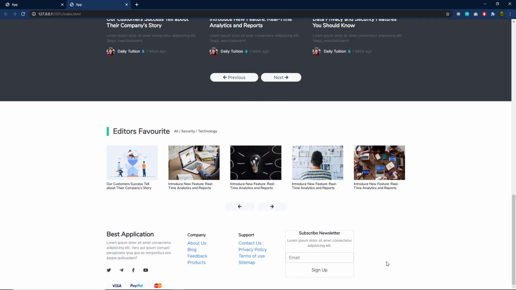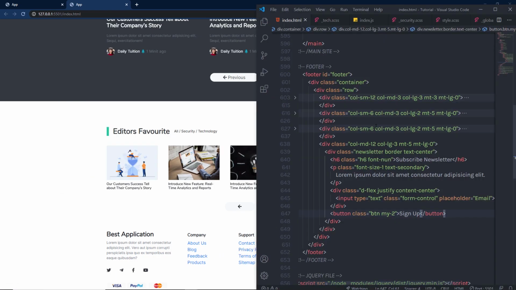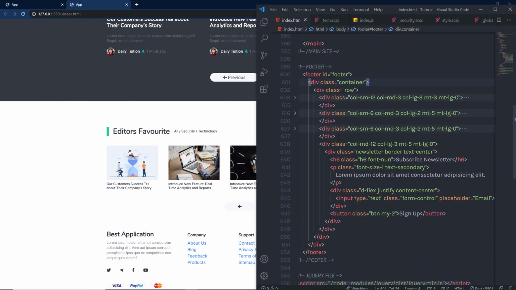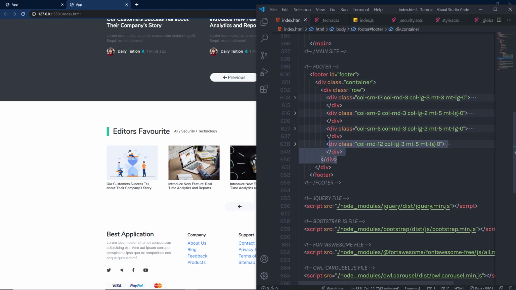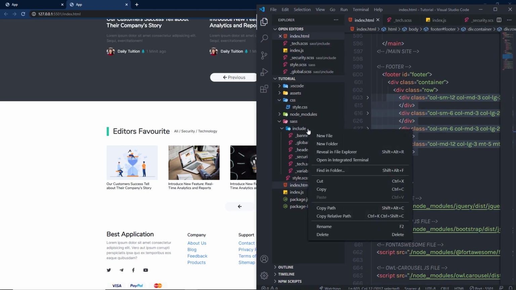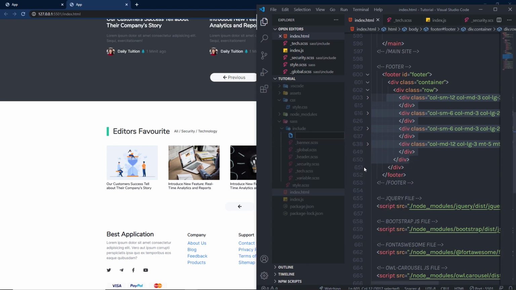Now what you need is to style this section. So I'm going to just style this section and finish this footer section of this website. Let's just go back to the website and create a new file to style this footer section. Now, once you understand how to create this footer section, let me show you how to style it. I'm going to open my Explorer and create a new file inside this include folder. So I'm going to create a new file,